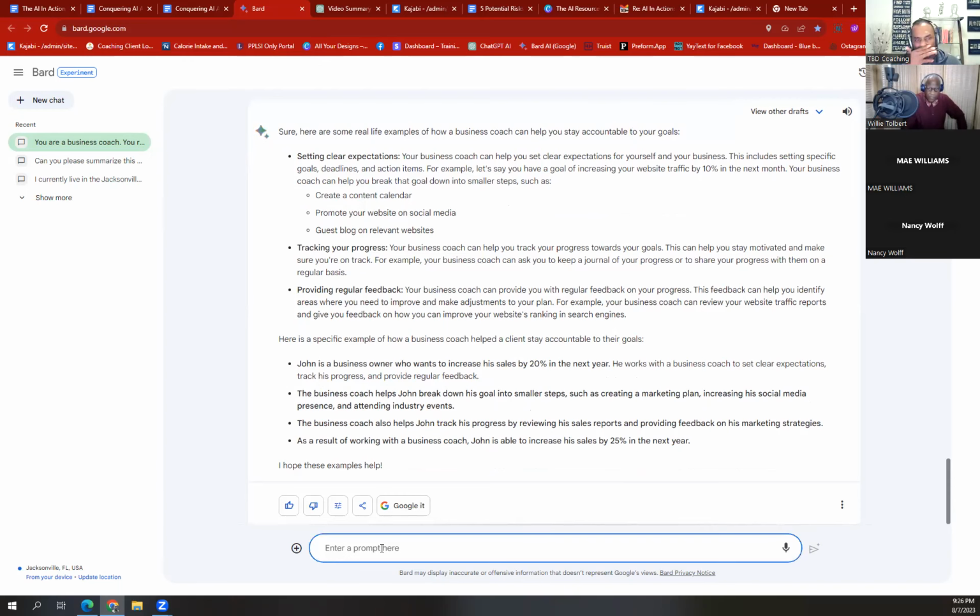Still going in the same space. Let's say I want to put some things inside of a chart as I'm doing it, whether it be a to-do list, whether it be this information right here. So I can say, thanks for the examples. Can you now, follow-up prompting, place these examples in a chart and categorize the chart based upon